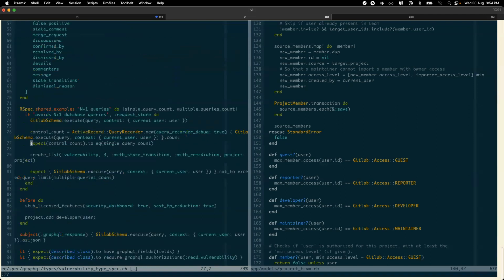The shared example goes in and it does a control where it makes a request, and then it expects the control to equal that single query count, which makes sense. It's just like, this is the number. And then it creates 3 vulnerabilities. I think that's one of our magic numbers. Okay, probably, great. So I'm gonna name this create 3